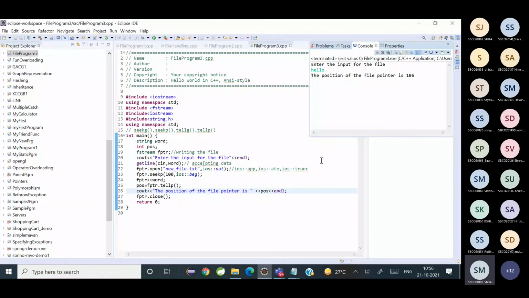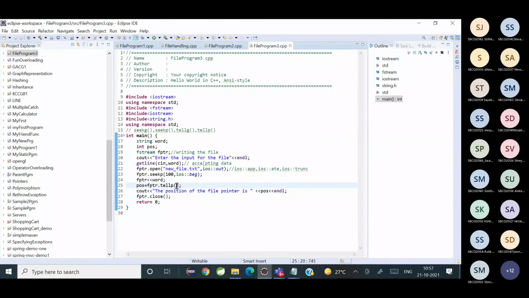Any doubts? Did you understand? Yes, ma'am. So what does seek do and what does tell do? Can somebody tell me? What is seek used for and what is tell used for? The tell function has no arguments. The seek function has arguments, of which the first argument is the offset value and the second argument is from what position you want.